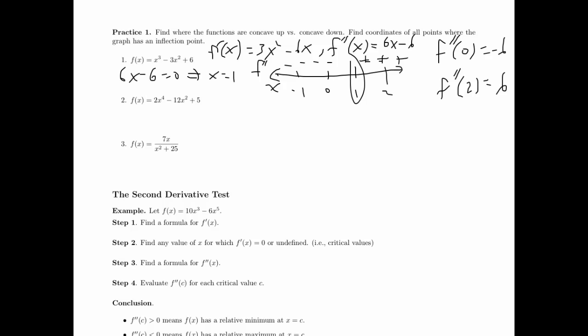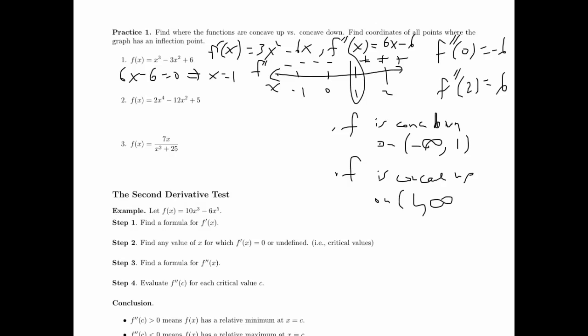So the graph of f must have a concave down shape to the left of x equals 1 and have a concave up shape to the right of x equals 1. And so that means that there is an inflection point at x equals 1. So my conclusion would be that f is concave down on the interval minus infinity to 1. f is concave up on the interval 1 to infinity, and so therefore f has an inflection point